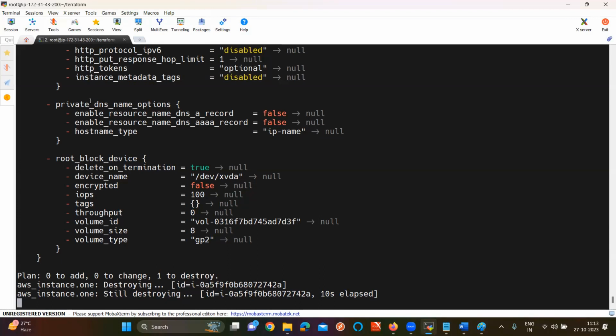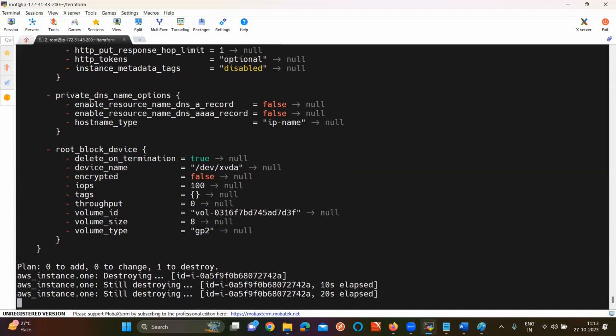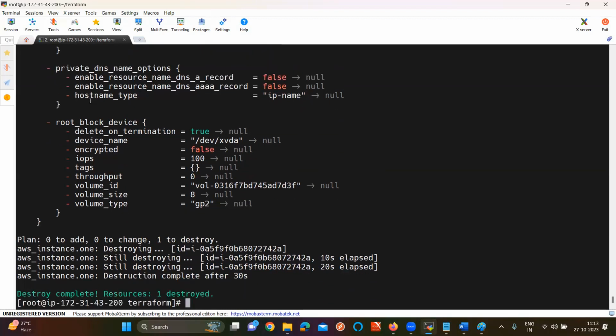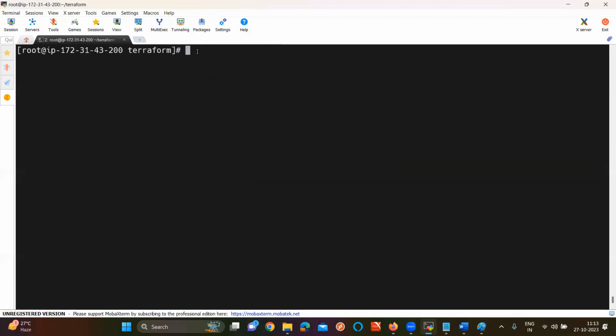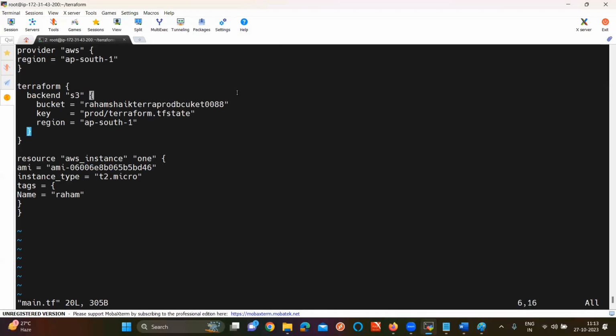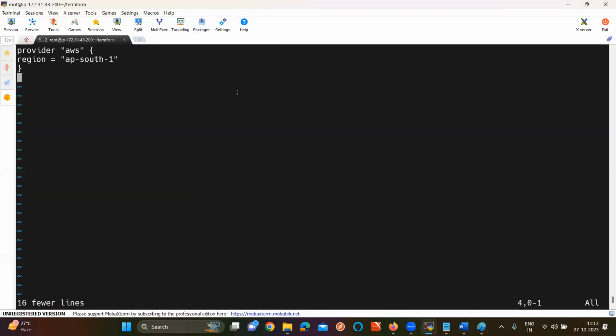For that purpose, we need to run the command terraform init -migrate-state. Otherwise, the connection will stay like that, and your outputs are not going to execute properly. Why? Because you made the connection between your bucket and state file. Whenever you made the connection, if you directly remove the code without removing the connection, it won't work. So I'll show it live for you. Here, vim main.tf, and I am removing this one. Oh, sorry.